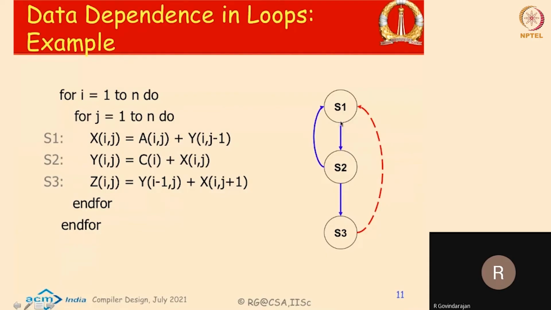For example, there is a dependence from S1 to S2 because S1 produces the value x of ij, which is being consumed by S2. So there is a true dependence from S1 to S2. Similarly, there is a true dependence from S2 to S3 because S2 produces a particular value of yij and S3 consumes that value. It probably consumes it one iteration later, but still there is a dependency. Right? Similarly, between S2 and S1, there is a dependency because of this yij and yi comma j minus 1. Right? And this anti-dependency is from